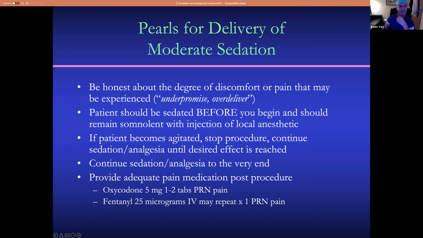If a patient does become agitated because they're not properly sedated at some point, I just stop the procedure. I usually leave the room, take my gloves off, and let the nurse continue giving meds until you can get to a point where you can do it. The patient will not be uncomfortable. Continue sedation analgesics to the very end, not giving the drugs, but having the effect,